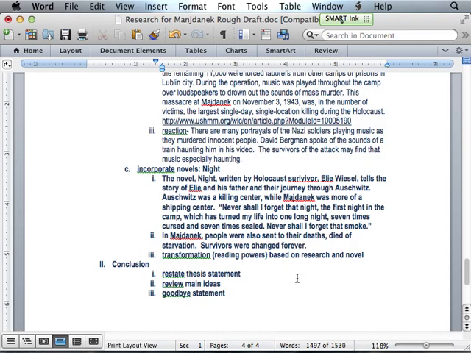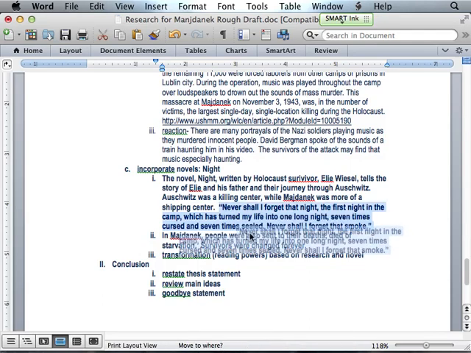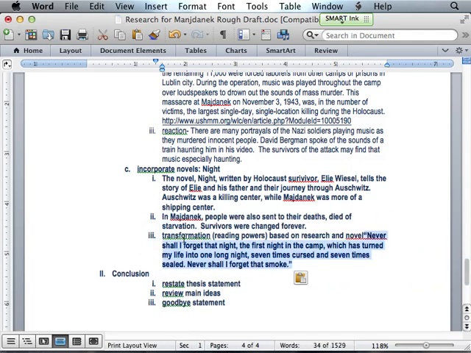And then I have a little bit more that relates to just getting there on that same page. And I want to put it before this heavy quote. This is a really heavy quote. So I'm going to move the heavy quote down into the transformation because I think that's where it's going to go. And this quote's more about just how Majdanek was a shipping hub.